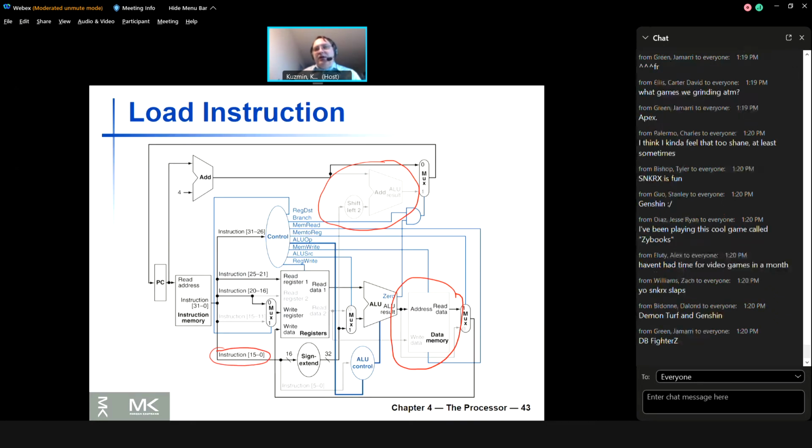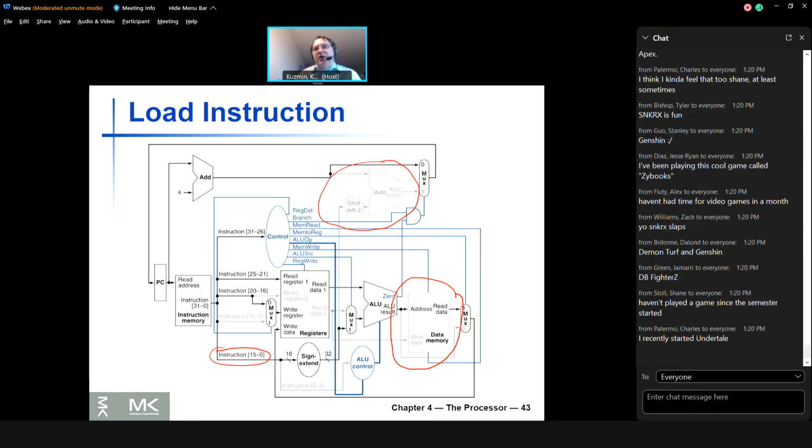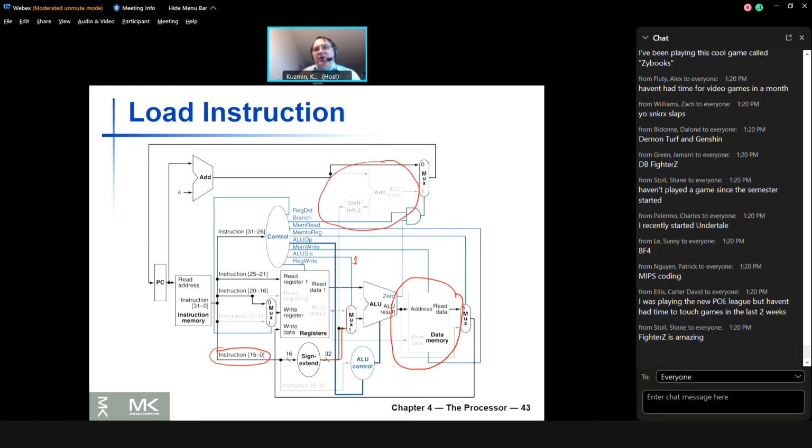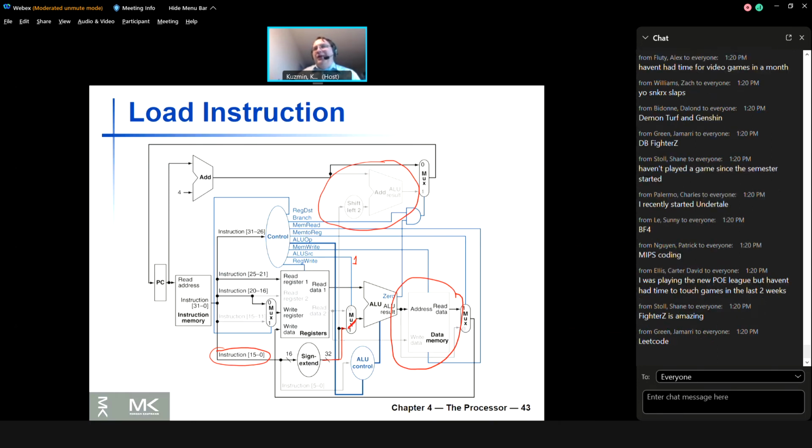So this immediate field, instruction bits from 0 to 15, are used. So it's 16 bits, they're sign extended, and then they travel here, right? So it means that our ALU source should be 1, right? Because we want to compute the effective address that is then going to be used